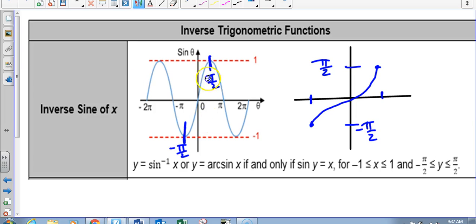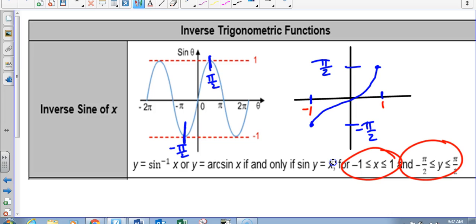Yes, because the y values over here were from negative 1 to 1, so the x values here are from negative 1 to 1. That's our inverse. And here's our restrictions, okay? What we're going to do with that information, though, is we're going to talk about finding